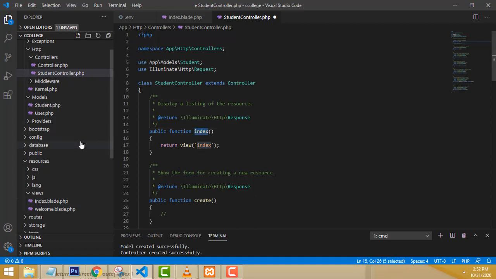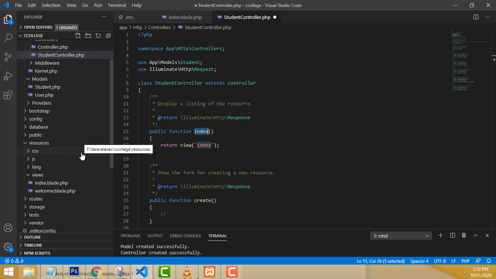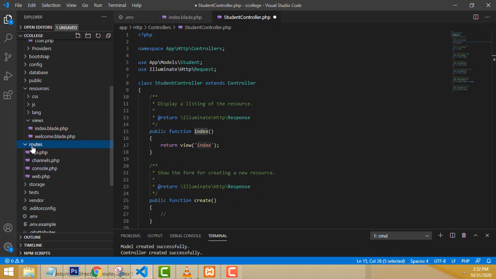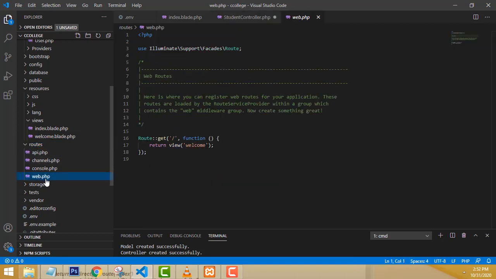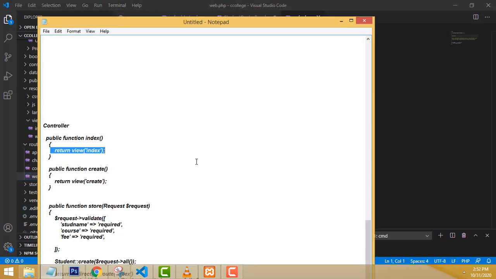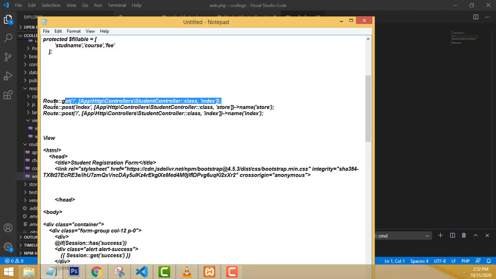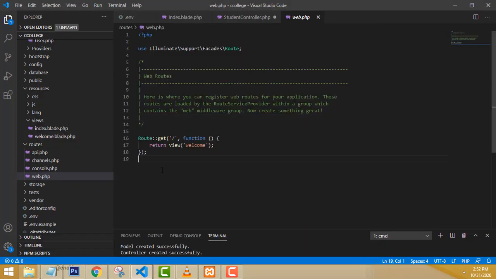Next comes the route. How do we set the route? Click on the routes folder, and inside it web.php. We have to set it here as well. In Laravel 8 you write it like this, very simple.